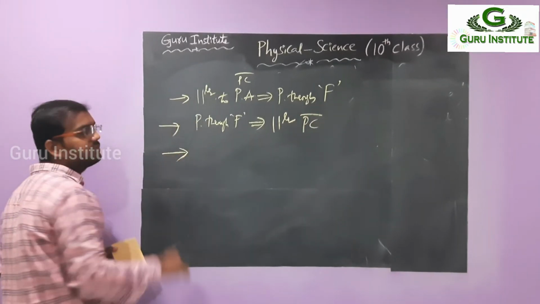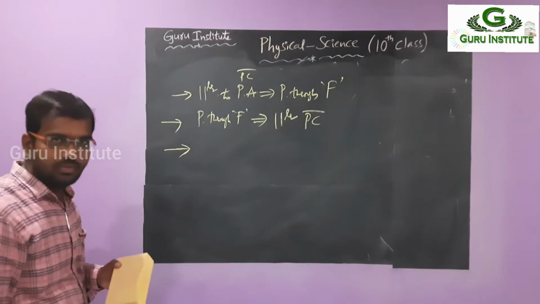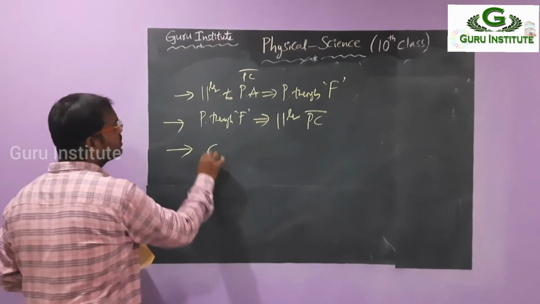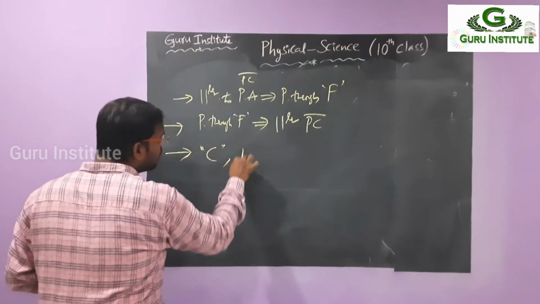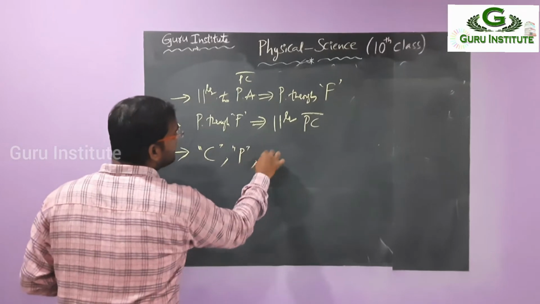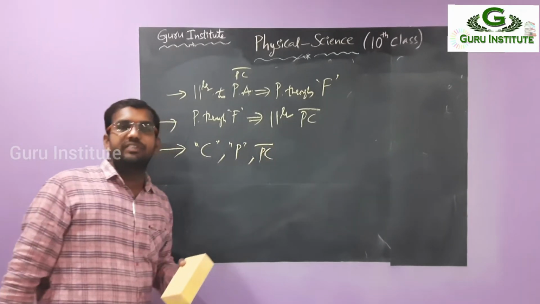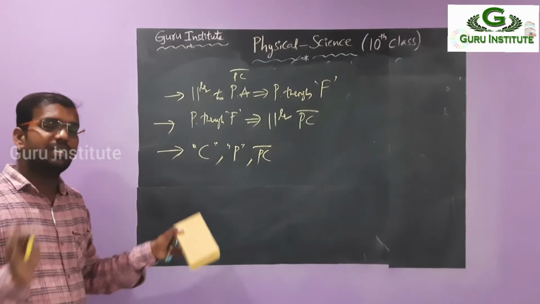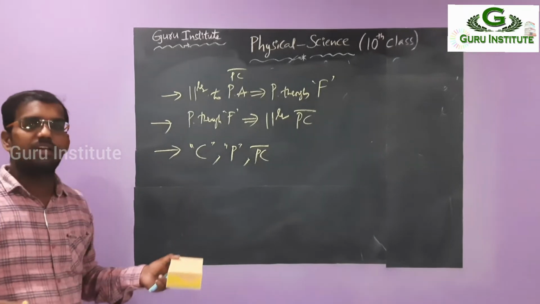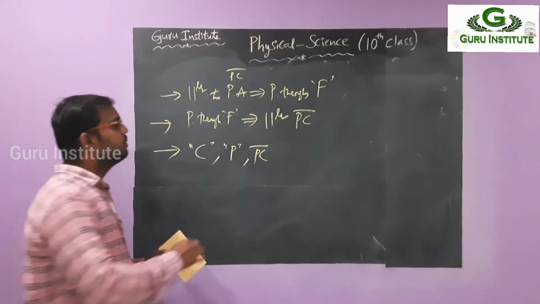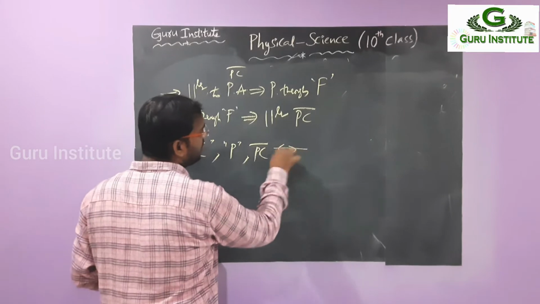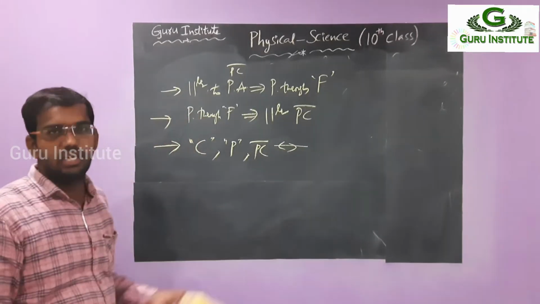And what is the third one? Passing through the normal, that is, passing through the center of curvature or passing through the pole or passing through the principal axis. It won't be deviated. Deviated means it won't be changed. Why? Because the angle of incidence and angle of reflection are both 0. So it will be returned in the same path. These are the three lines.